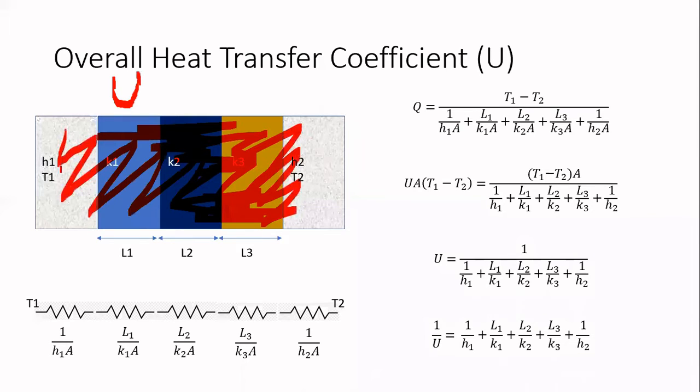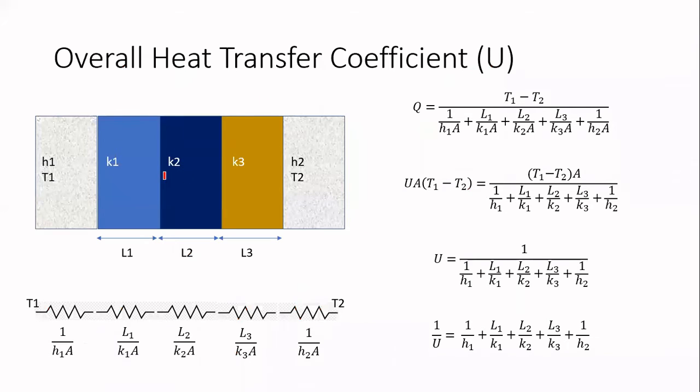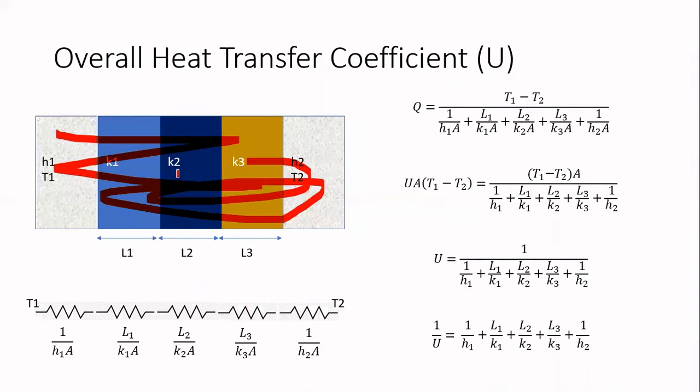Now, since it is a gas, heat transfer will take place by the mode of convection. If heat transfer is taking place by the mode of convection, we can say that Q is equal to HA delta T. In our case, H value is equal to capital U. So rate of heat transfer will be given by U multiplied by area multiplied by T1 minus T2. So this is the material for us. Instead of these 5 materials, we are considering that there is a single gas, and for that gas, the heat transfer coefficient value is capital U.